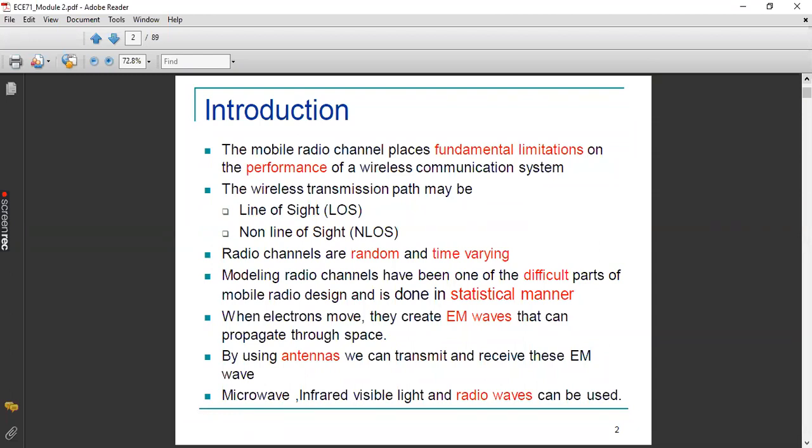We can't predict the behavior of the channel. The behavior of the channel will vary according to natural phenomena also, like temperature, pressure, humidity. Then it will depend upon the rainfall, climatic conditions, then the location. Everything matters, the environment, like urban or rural. All these surrounding parameters are going to determine our channel's model. Practically we will analyze different models, and based upon those models we find the received power at the receiver's end, which is spaced at a distance d apart from the transmitter. That is the use of